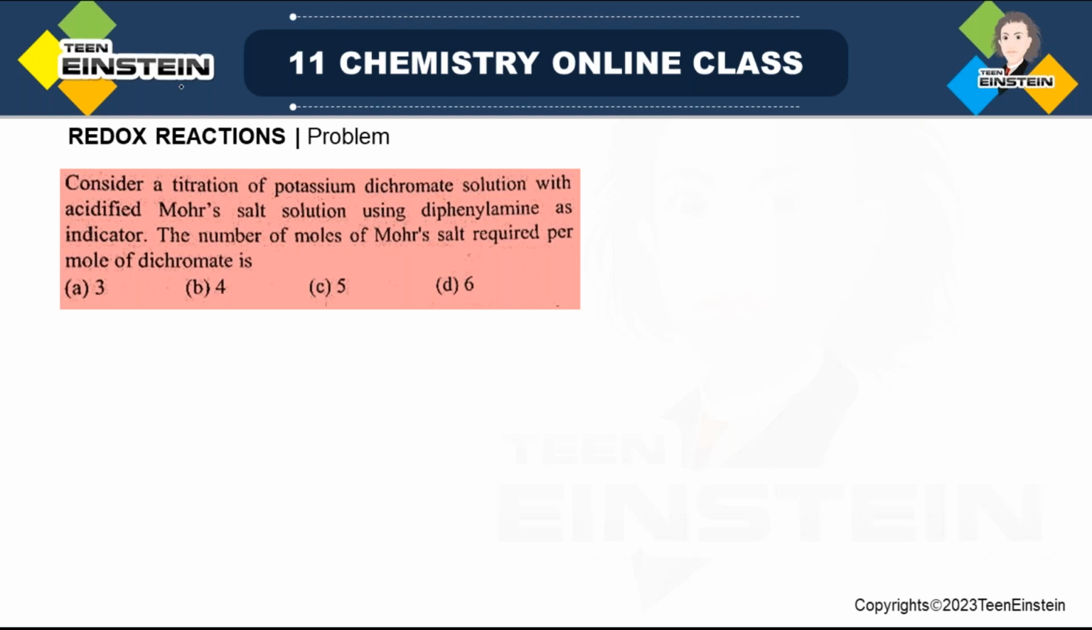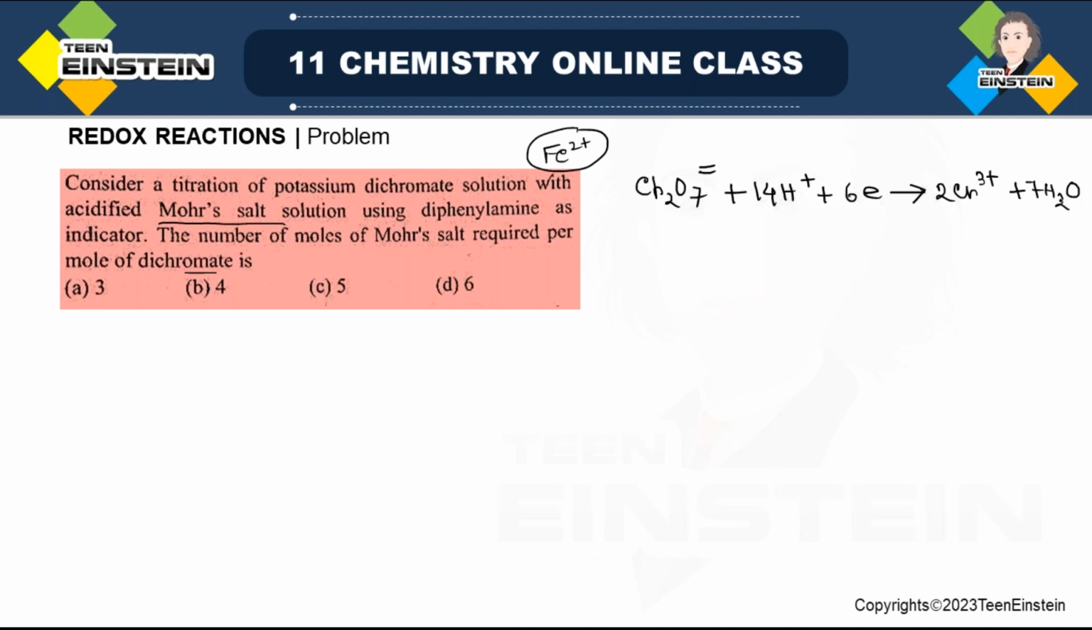So the question is saying: consider titration of potassium dichromate solution with acidified Mohr salt. Mohr salt is nothing but iron 2 plus. Number of moles of Mohr salt required per mole of dichromate. Even if you do not remember the full formula of Mohr salt, it is okay. Just see, Mohr salt contains Fe2 plus. In the previous slide, I have already written the half reaction, which is Cr2O7 2 minus, 14H plus, 6 electrons, giving 2 chromium 3 plus and